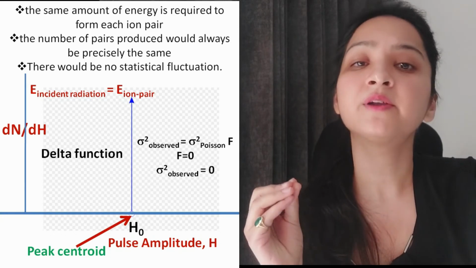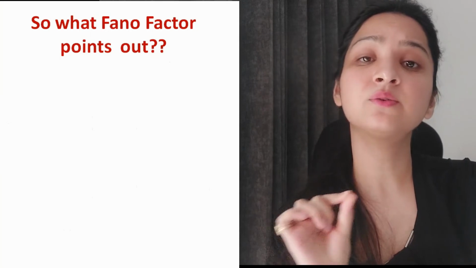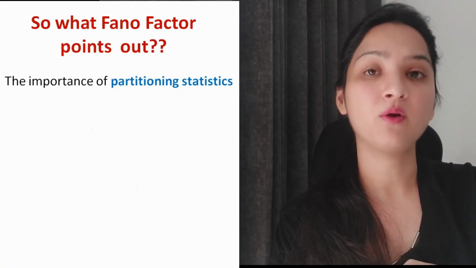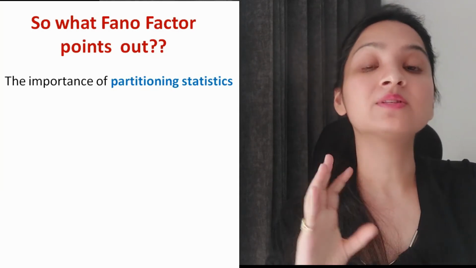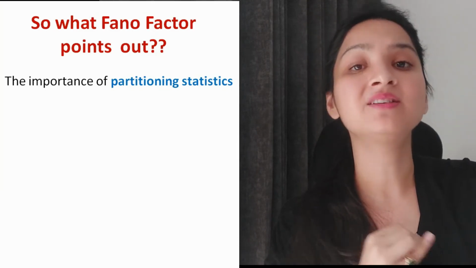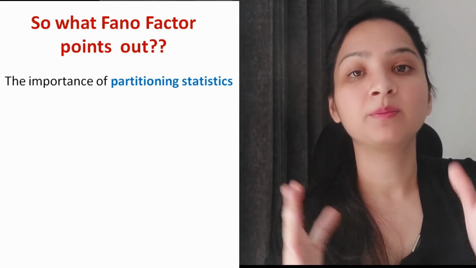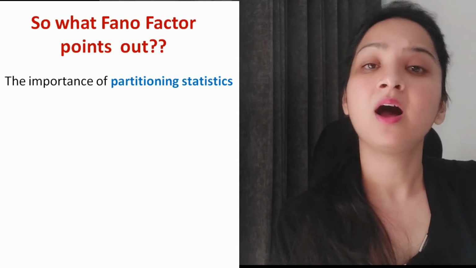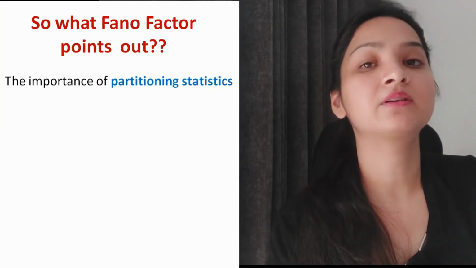तो did you observe ये फैनो फैक्टर कर क्या रहा है, what is this फैनो फैक्टर doing, what is this फैनो फैक्टर indicating towards, it is indicating towards the partitioning statistics, partition of energy. If this energy of the incident radiation entirely goes into the formation of ion pairs only, अगर यही होता, पार्टीशन ऑफ एनर्जी नहीं होता। पार्टीशन ऑफ एनर्जी मतलब कि जो आपके लॉस हो रहे हैं वो कभी आयन पेयर्स में गए या किसी दूसरे में गए। अगर इस तरह का पार्टीशन नहीं है तो आपको पता है एक मैथमेटिकल डेल्टा फंक्शन आया था आपका, फ्लक्चुएशन ऑब्जर्व्ड ज़ीरो आ गई थी, तो फैनो फैक्टर की कोई बात नहीं की।